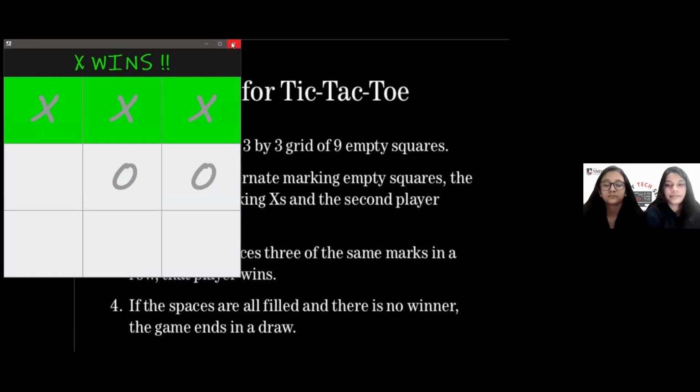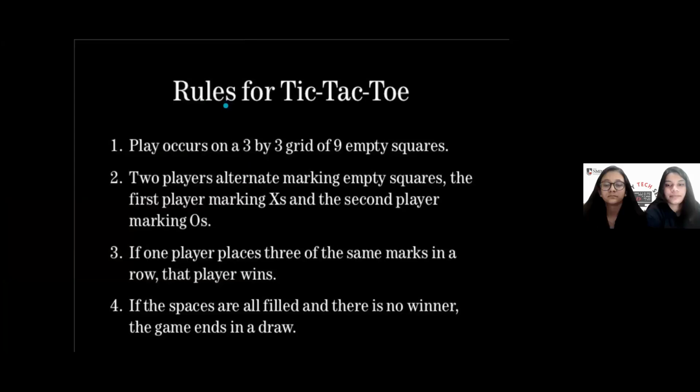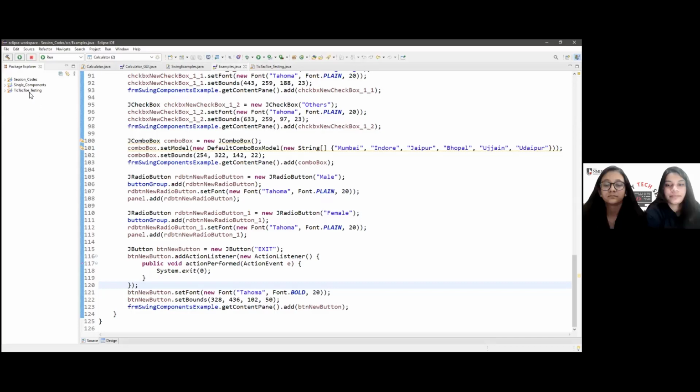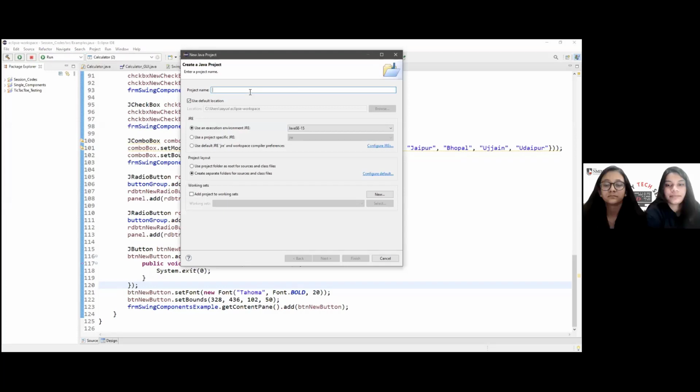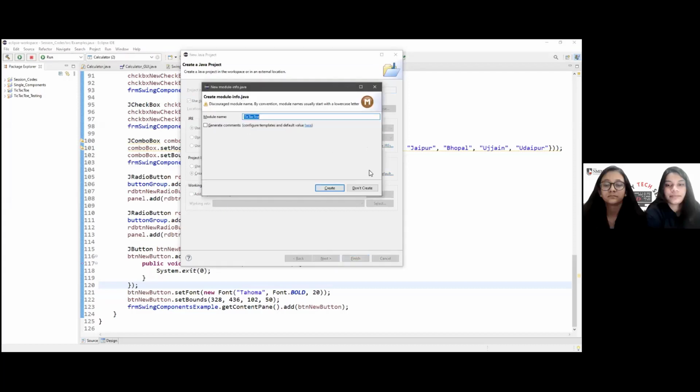All right, everybody. Let us create a game of tic-tac-toe on our Eclipse IDEs. Open your Eclipse IDE. Go to File, then select New, Java project, to create a new project. We'll call this TicTacToe, with all the T's capital and no spaces. Then click Finish. Don't select the module.